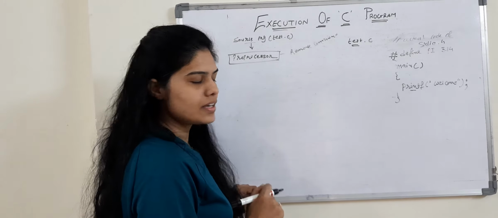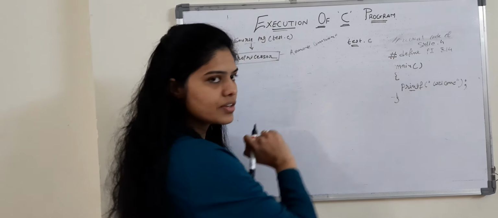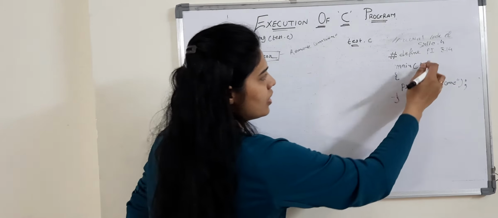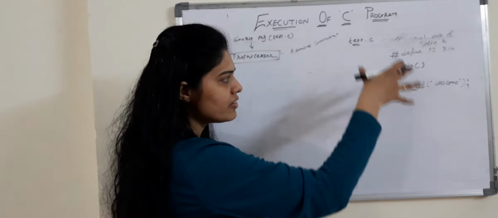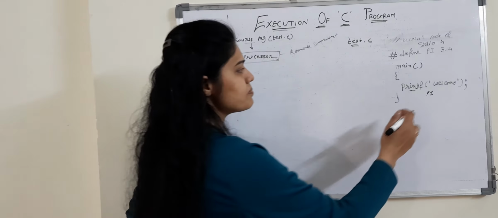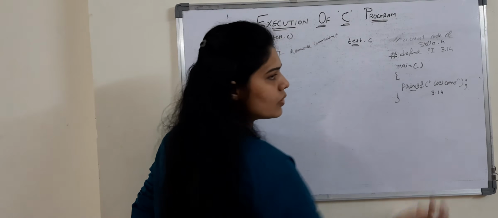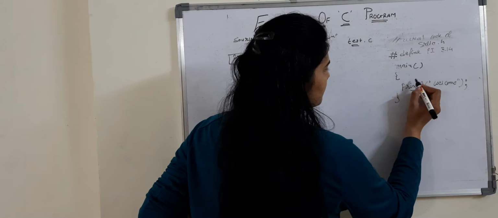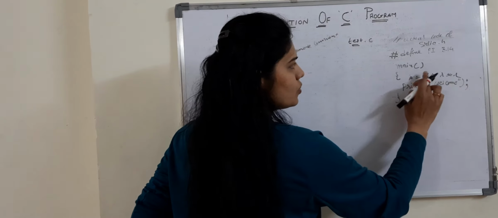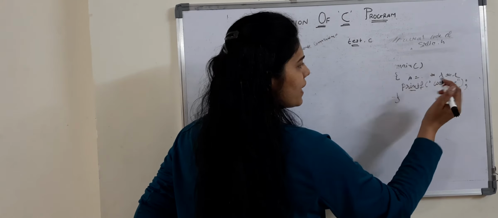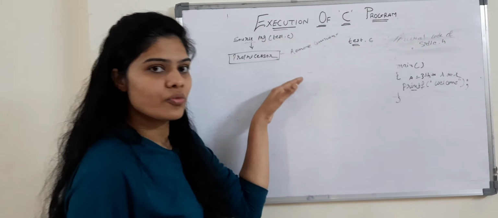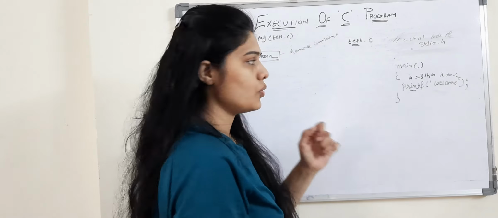Now the next thing is also a hash directive. It is also going to remove this statement and replace it with the actual value of pi. So wherever in the program we have used pi, the preprocessor will replace pi with the actual value. For example, suppose we have written a statement like area is equal to pi into r. Now this line will be changed, and instead of pi we will get 3.14 over here. So the preprocessor will expand our source code.